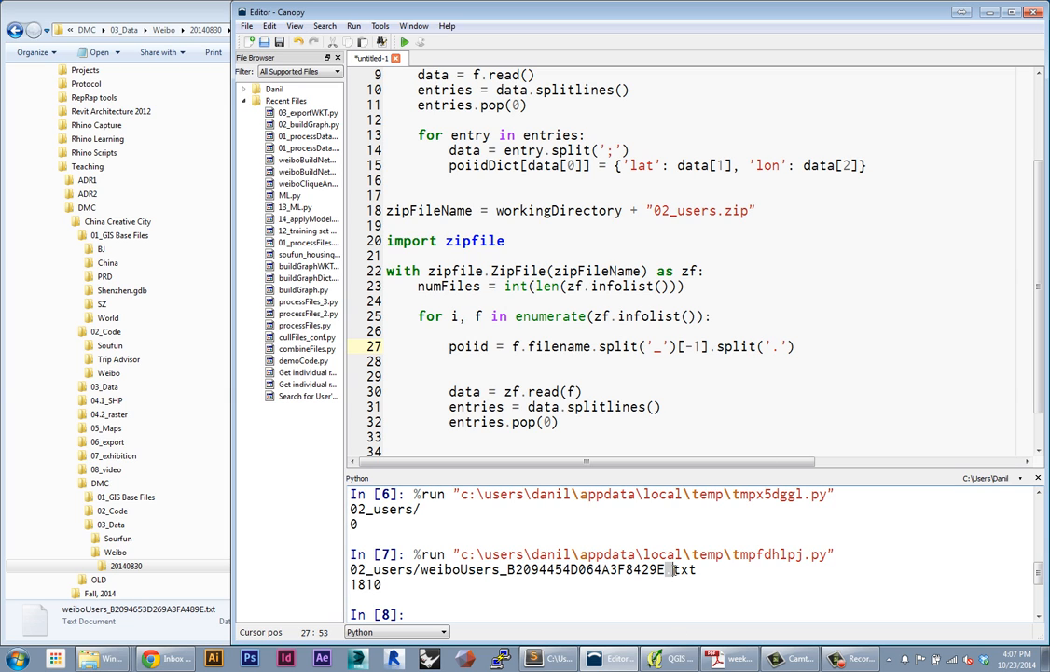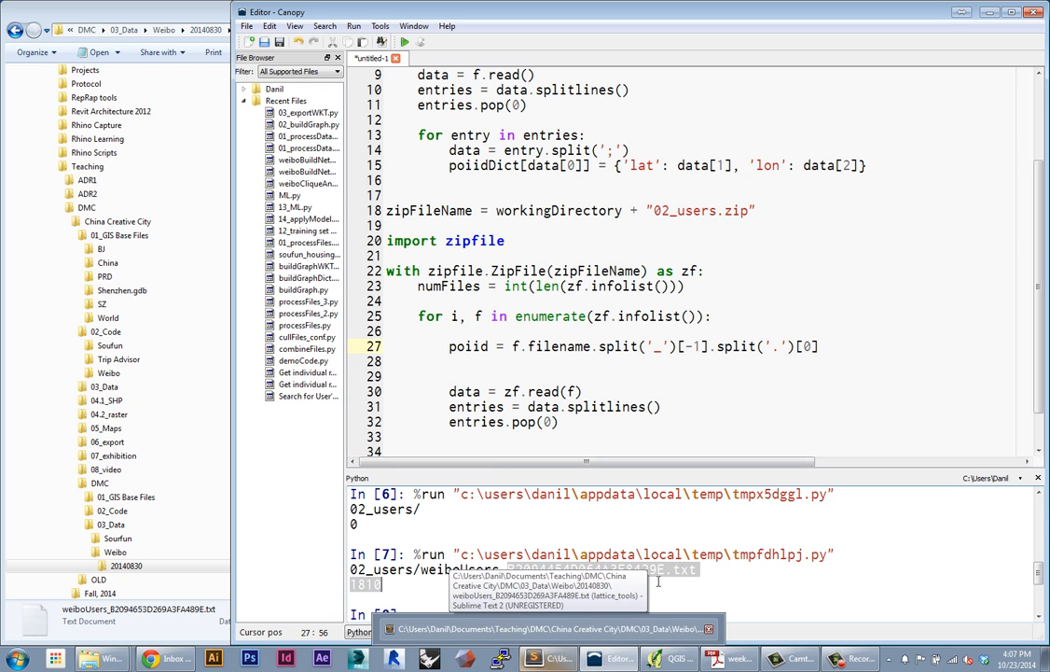Now splitting by the dot, and this time I'm going to take the first thing in that entry. That makes sense. These splits are just chopping up strings, right? I have this really long string with some characters that specify where things are. I'm just chopping and subdividing until I get the piece of information I want. The first split extracts to this